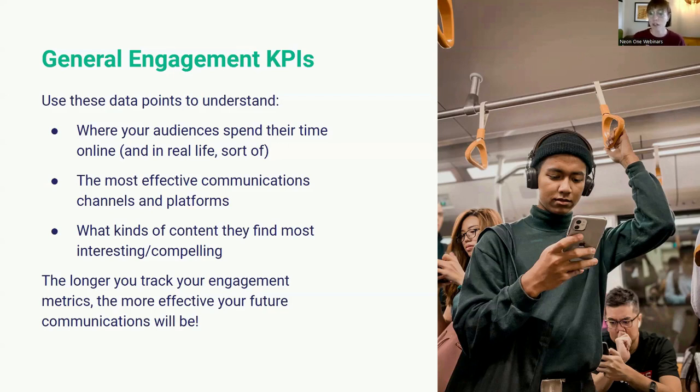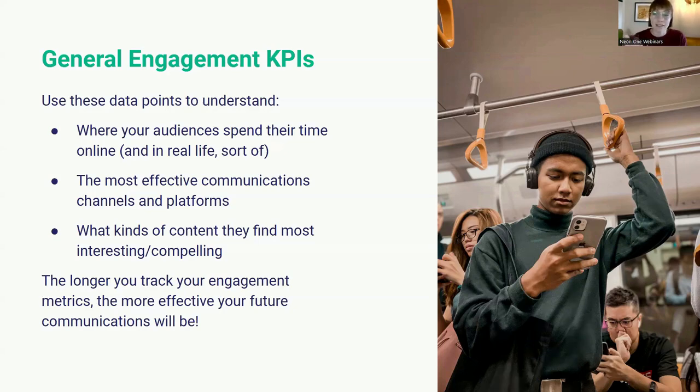Scott called out a really good point. Often data from multiple different social media platforms can be aggregated in a single dashboard, and that is really, really valuable. I know we use Looker Studio at Neon One. There are some really cool platforms that you can use to do that.